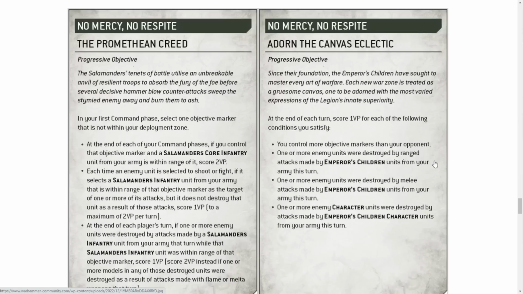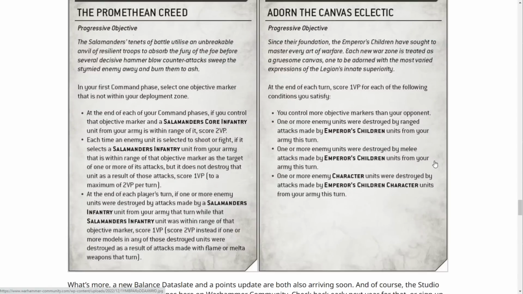In your first command phase, select one objective marker that is not within your deployment zone. At the end of each of your command phases, if you control the objective marker and a Salamanders core infantry unit within your army is within range of it, score 2 victory points. Each time an enemy unit is selected to shoot or fight, if you select a Salamanders infantry unit from your army that is within range of an objective marker as the target of one or more of its attacks, but it does not destroy that unit as a result of those attacks, score 1 victory point, to a maximum of